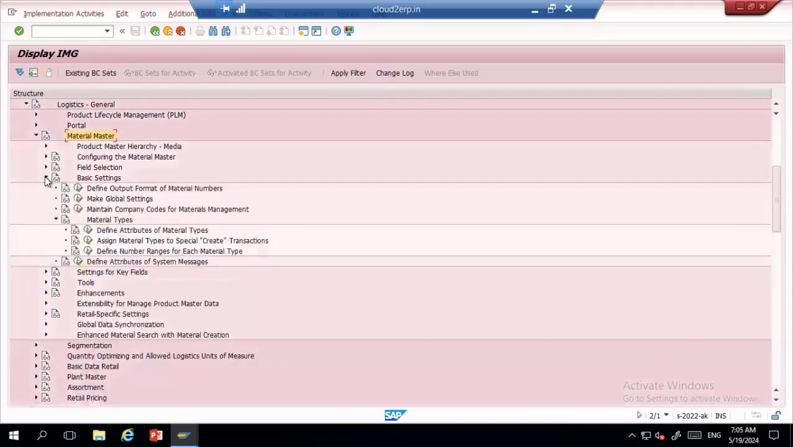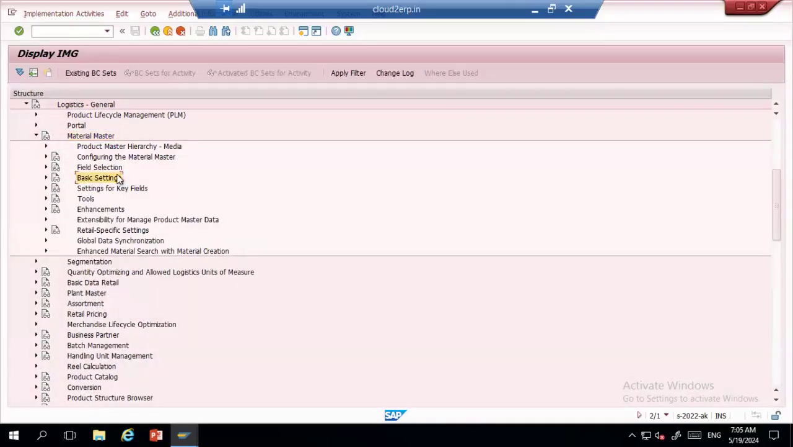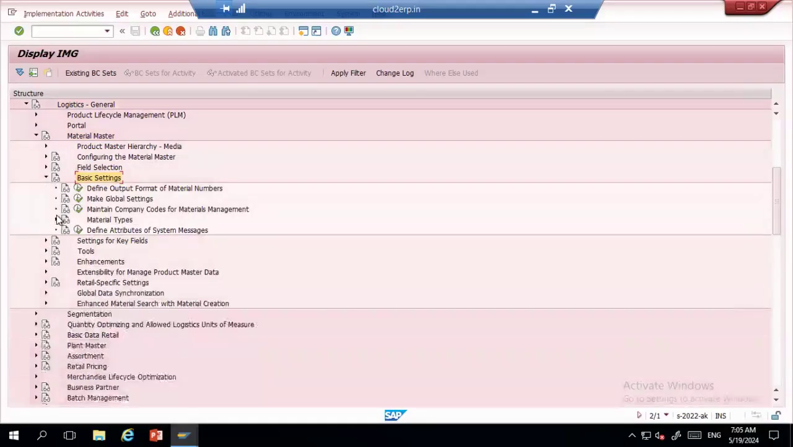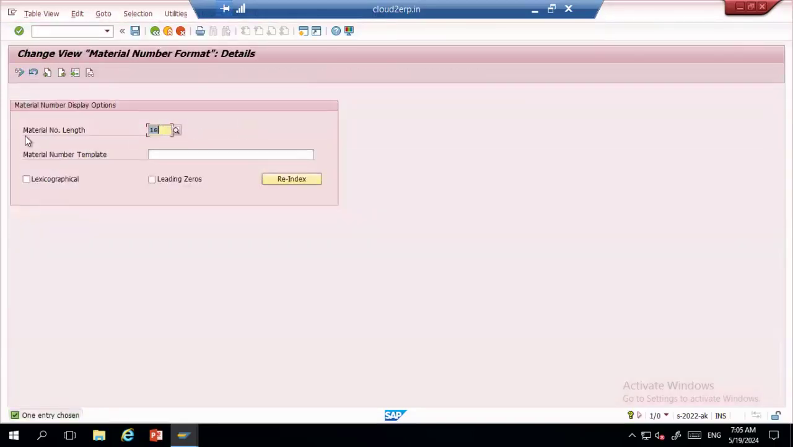If I expand this, the set of configuration is going to happen here. So the first thing, here you have the basic settings. Go to this basic settings, and here you have these configuration nodes. These are the important configuration nodes. But all these are not done by us. SAP has done some in standard. For example, if I go to output format, the material number length is 18 here. This is one of the important interview questions I can tell. So initially when we had this S4 HANA, ECC S4 HANA,